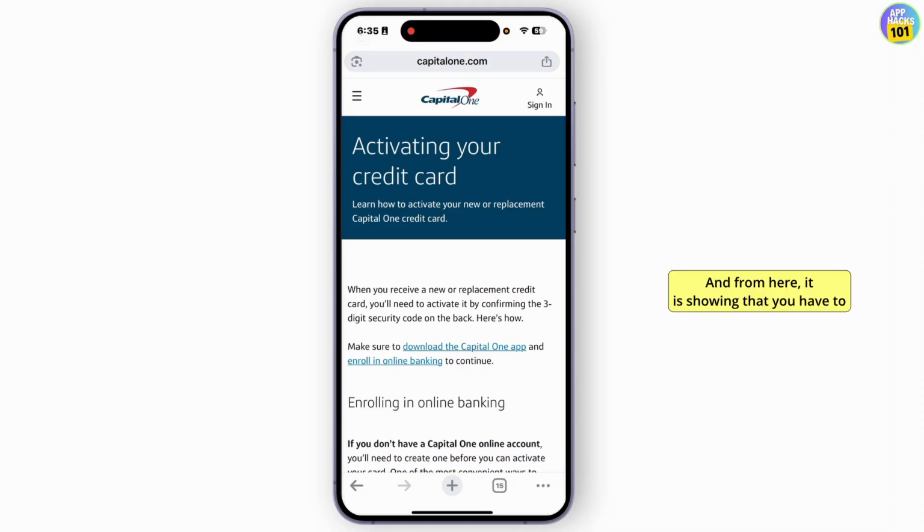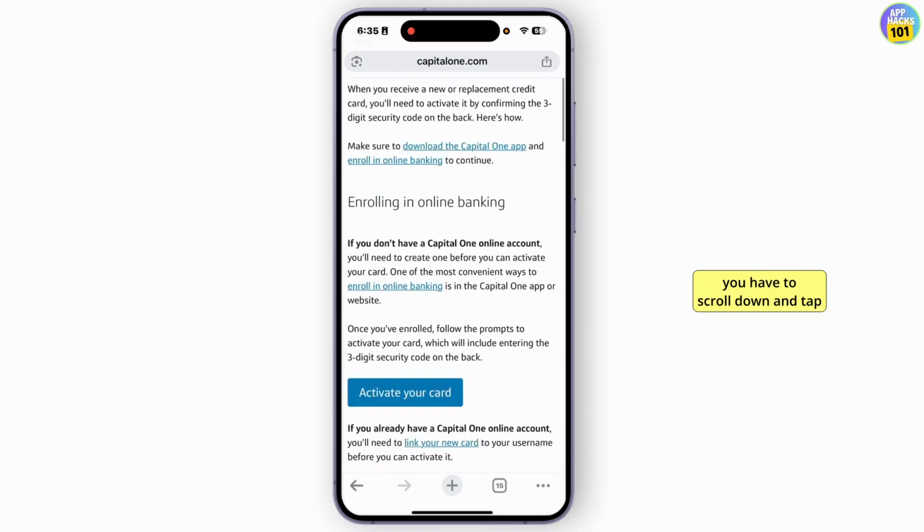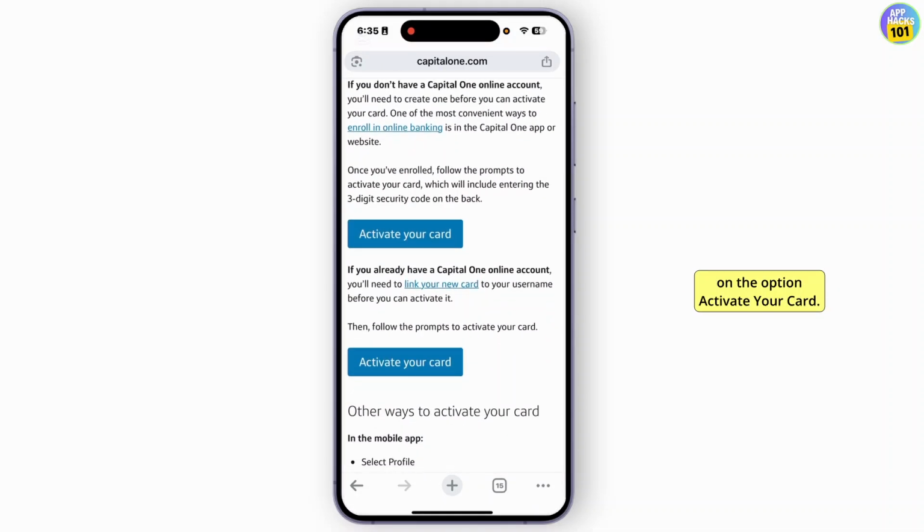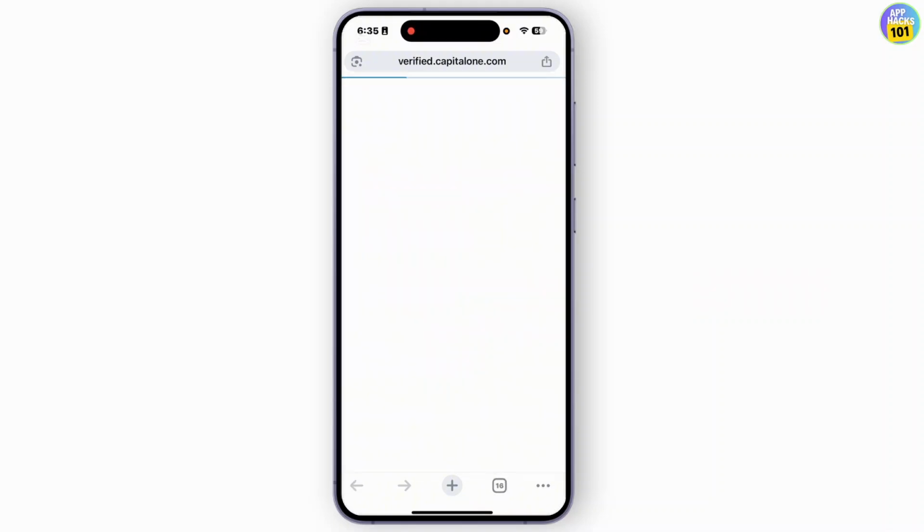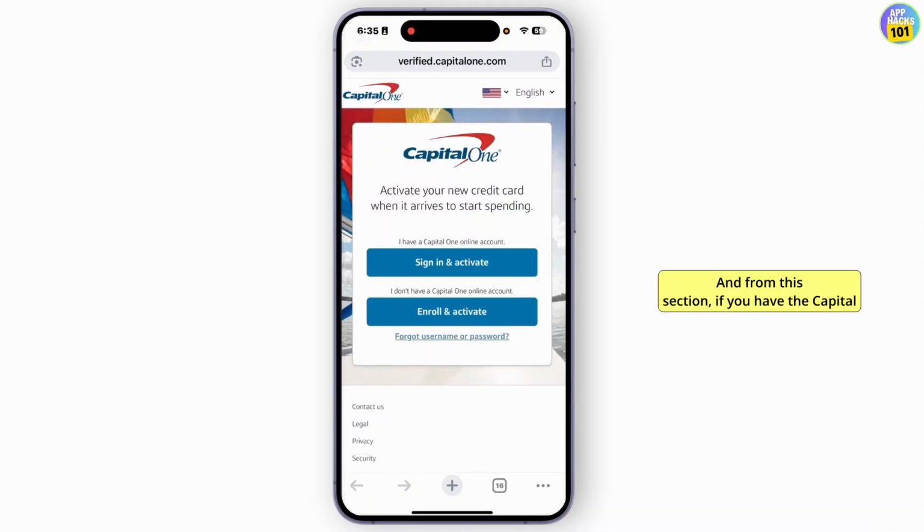And from here, it is showing that you have to use the Capital One app. If you want to activate from the browser, you'll have to scroll down and tap on the option activate your card. And from this section, if you have a Capital One online account, you can go with the option